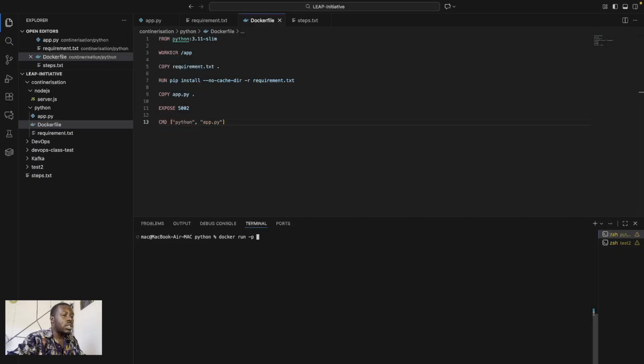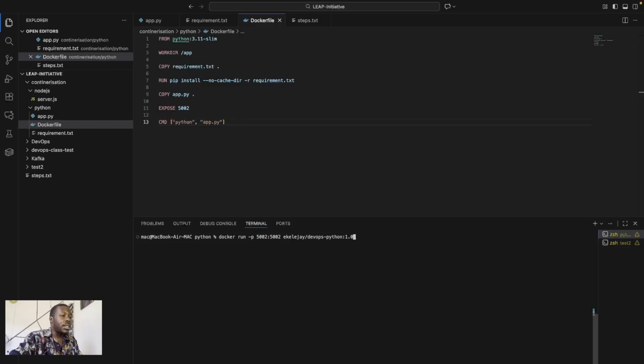We say port 5002 on our computer to port 5002 on the container. And then what is the name of our image? Our image name is Ekele-J devops-python version 1.0.